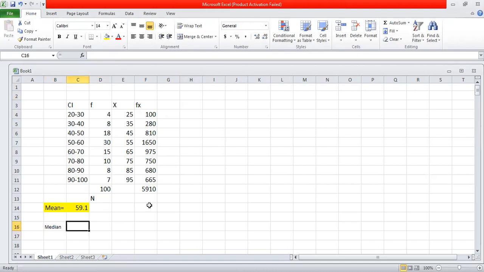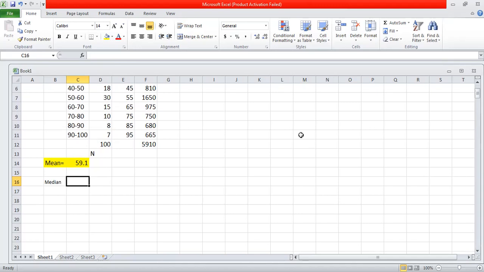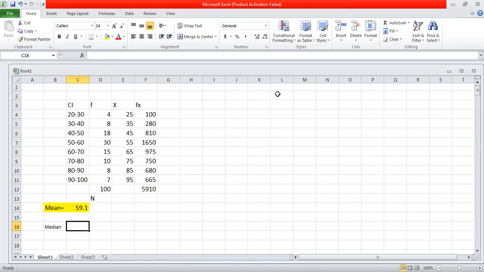So coming to median, we have different criteria for median. In our formula, we have n by 2, C, F, and H values. How to find those values? For median, always first we have to calculate the cumulative frequency. So first I'm calculating the cumulative frequencies. How to calculate the cumulative frequency?